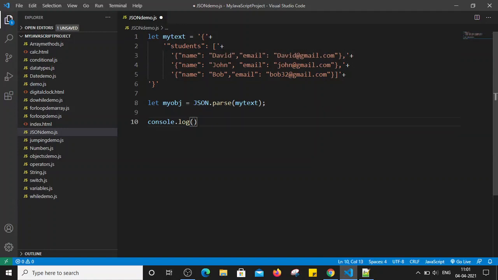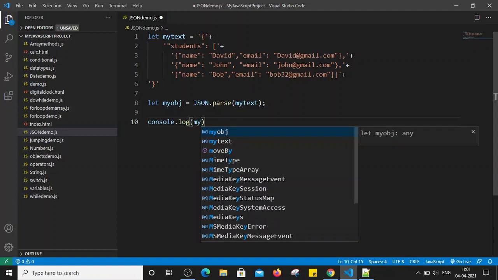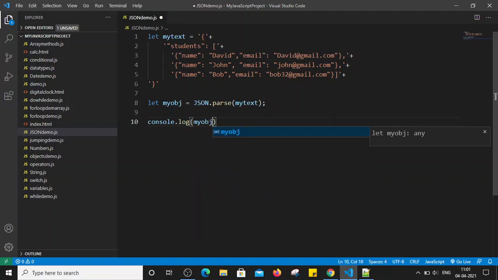So the syntax is, first of all, let's say my obj, then dot, what is the object name here? This is students, right? So simply put students, and then we have to use square brackets, and what is the index position of the data which we want to extract? So basically students is an object that contains one array, and in that array on the 0th index position this data is present, right?